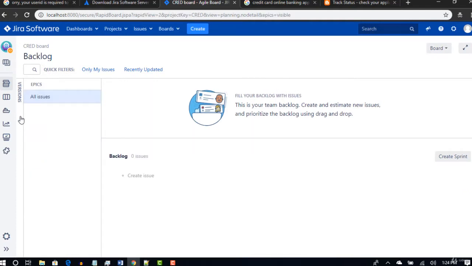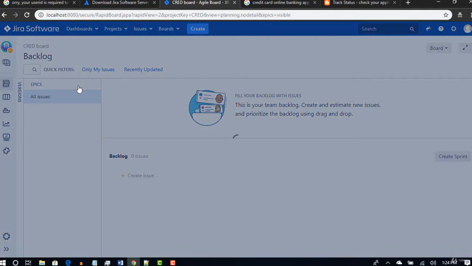Click on epics, and right now there are no epics, so you have a link here to create an epic. Select it, and a window opens in Jira where you can provide all the details related to the epic and create it.